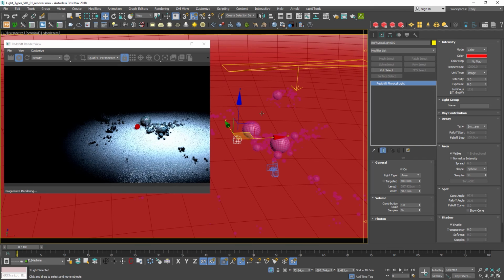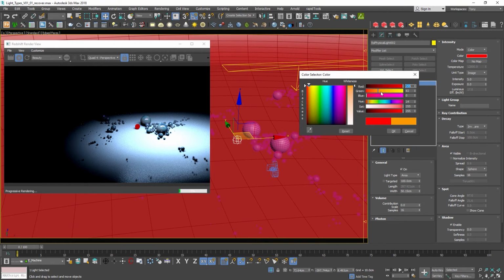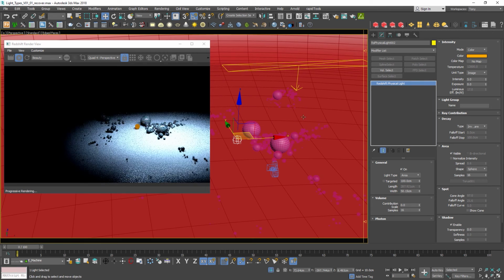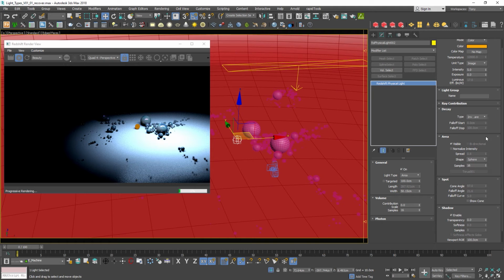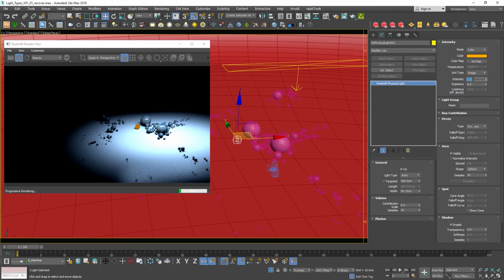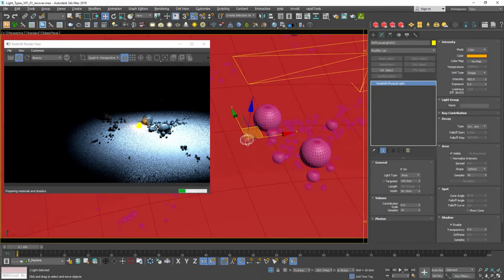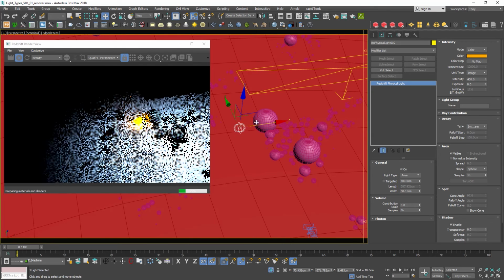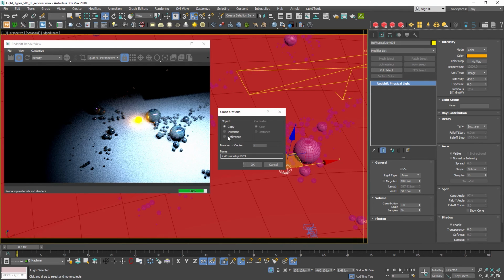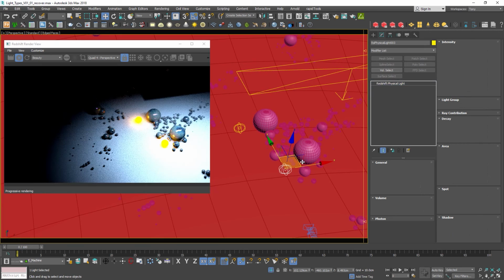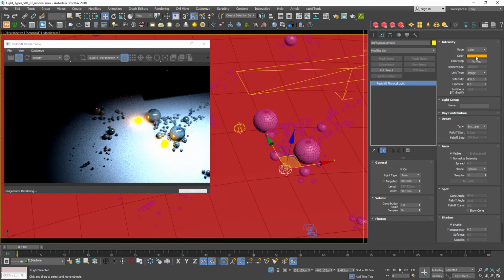I'll switch to color, and maybe I'll use some different color. Something a little bit more orange. So it looks like intensity is very low. I can say to like 200, maybe like a little bit higher, 400. Okay, so we'll put that light over here, and we'll put another one on this side, and this one will